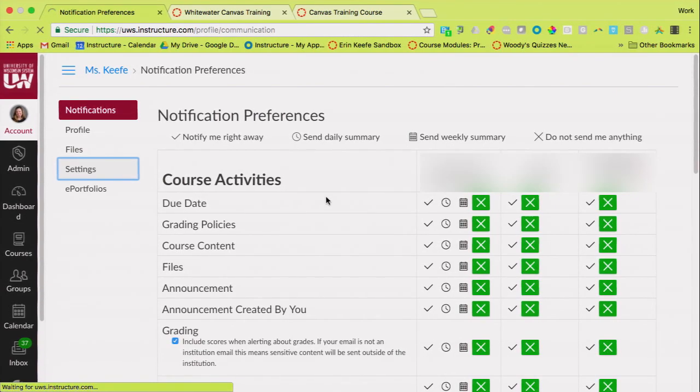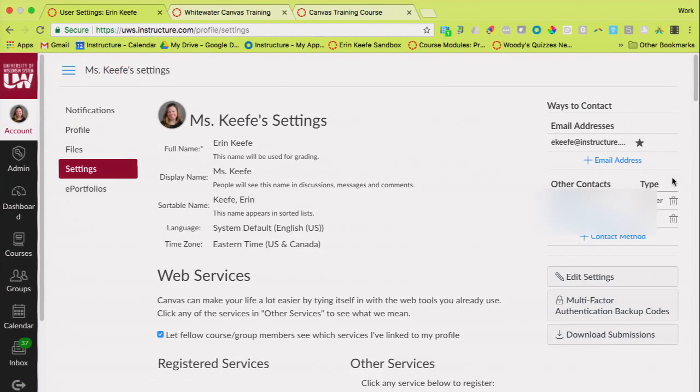So I'm going to go back to the settings page to just show you that if you do decide to enable another way to be contacted, and you have Verizon like I do, it'll say it's sending you some code that you need to put in, but you're never going to get it. Verizon doesn't actually send it. Your number will still get connected. I just think it's important to point that out because we had some people yesterday who were waiting and waiting. It will eventually get connected, but if you do have Verizon and you're trying to set up your cell phone, you're not going to get a code. Okay.